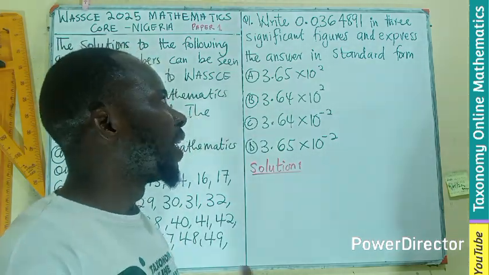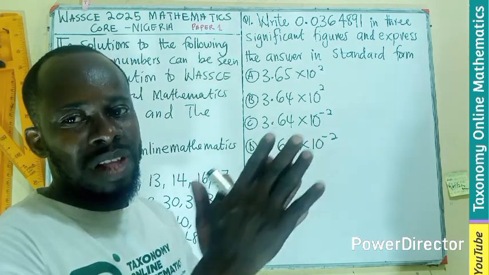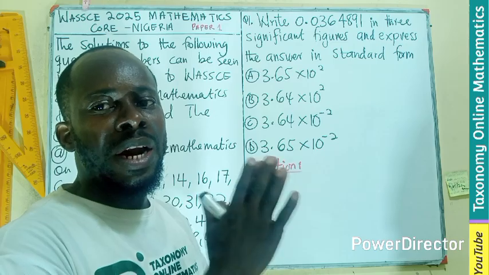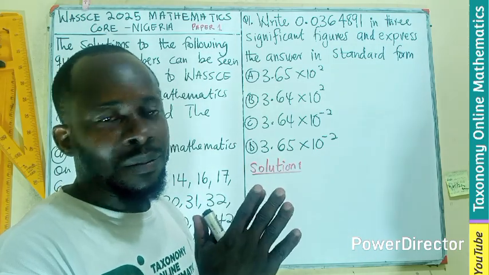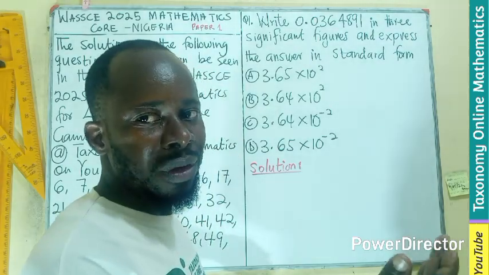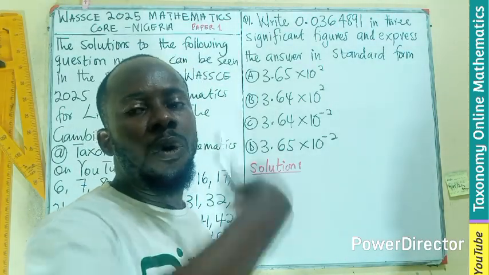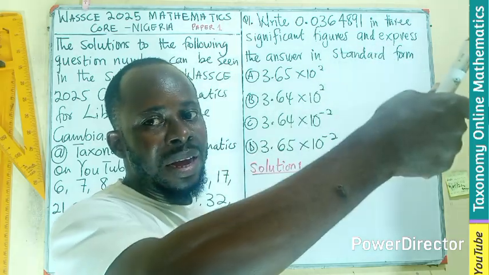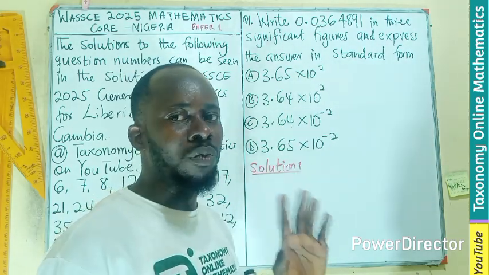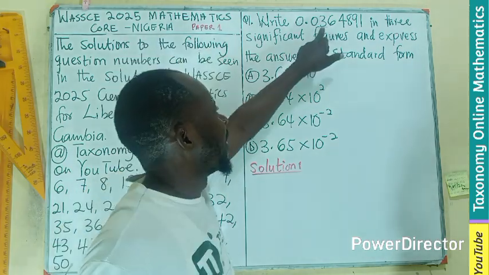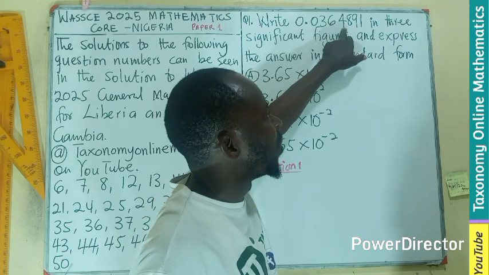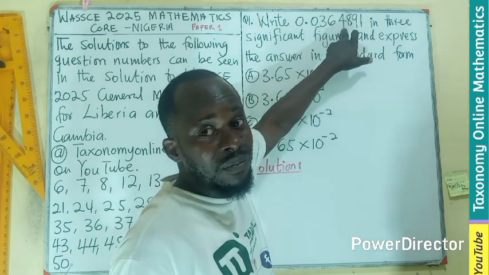For 3 significant figures, all zeros that come before a non-zero number, we don't count them. For example, this 0 and this 0 are not significant. They have no value. Zeros become significant if they follow a non-zero number, as in 10, where the 0 counts, whereas in 01 the 0 has no meaning. So here, this is my first significant figure, the second significant figure, and this is the third one. We're looking for 3 significant figures.